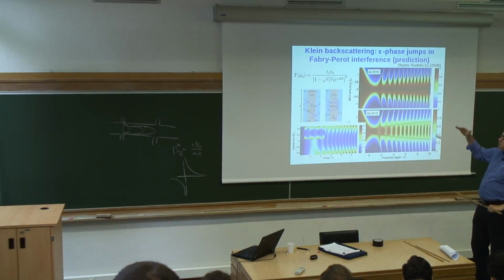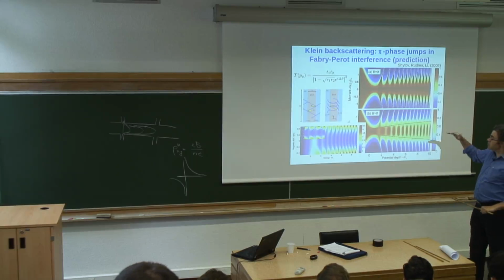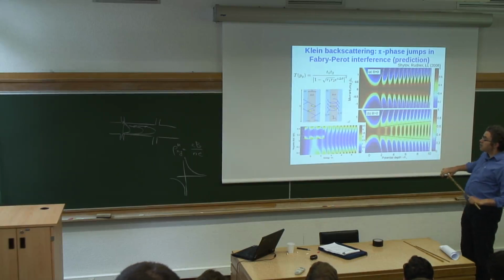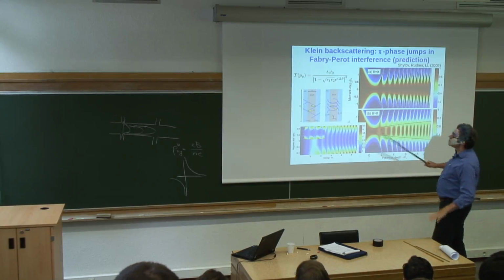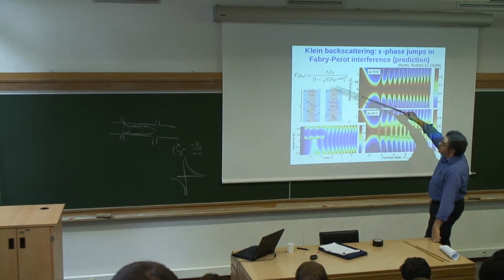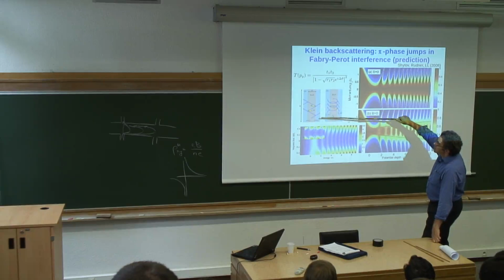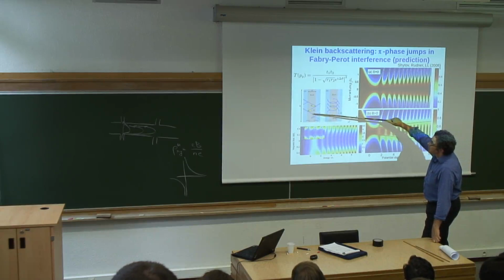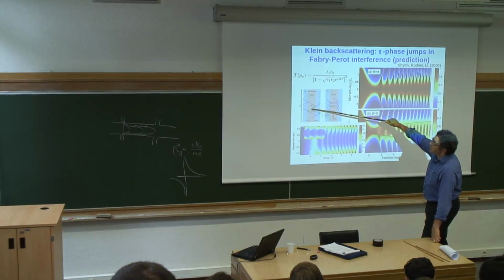And it turns out that a very convenient way to do it is to introduce a weak magnetic field. If you introduce a weak magnetic field, what happens pictorially is shown in this picture. So at zero magnetic field, you have trajectories which are, let's say, in some approximation straight lines, and then you get an angle here and an angle here, and you can show that the phase jumps associated with these